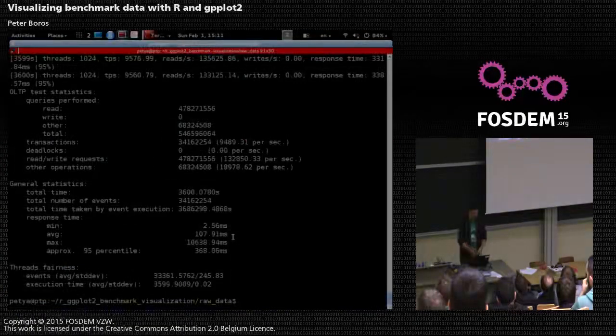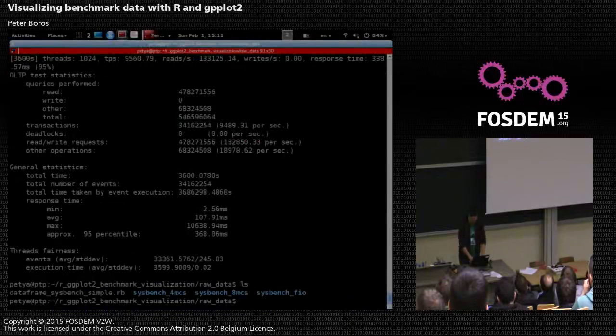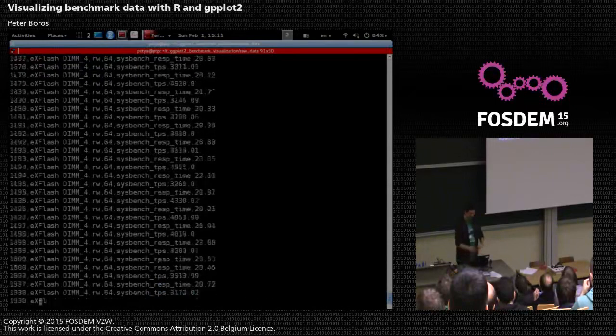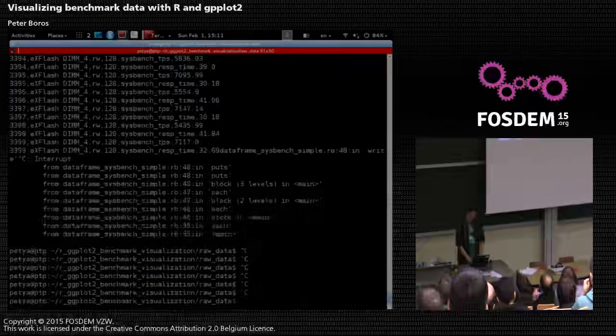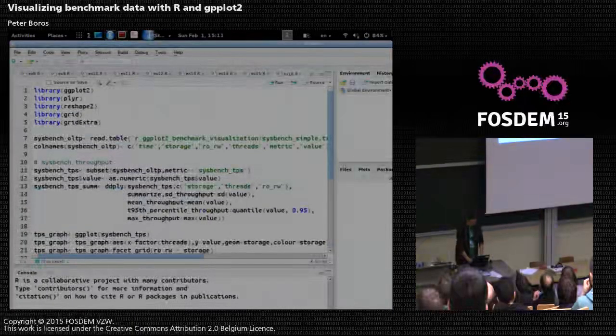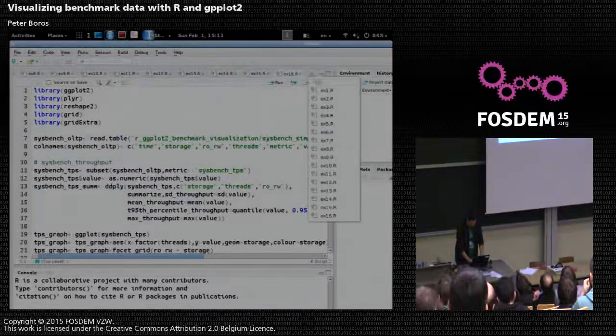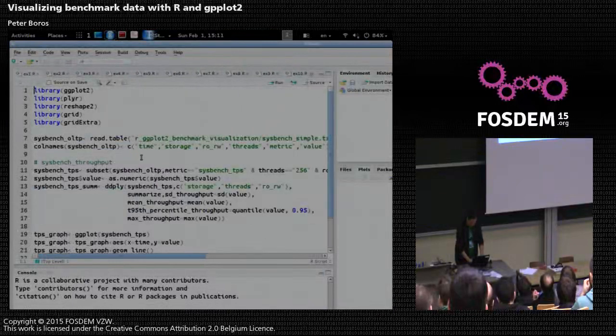But for the sake of this example, I created a parser for this. I usually have a script which takes the raw benchmark output directory, parses the data and outputs it like that, and I redirect it to a file. And that file I read from R,